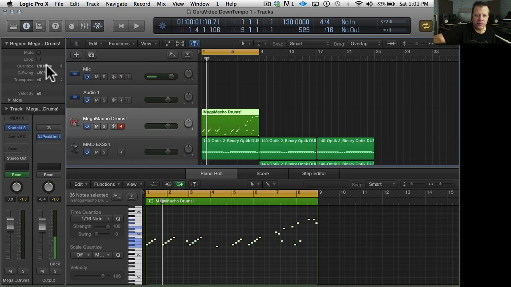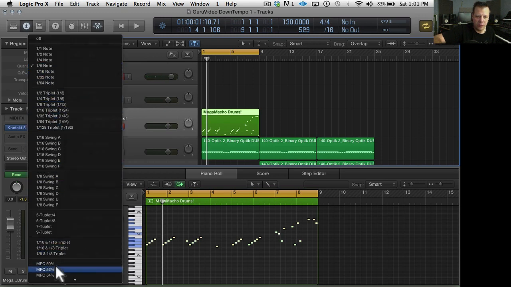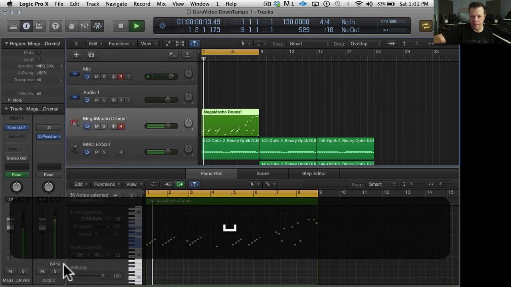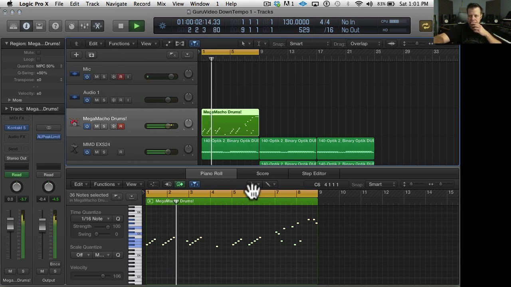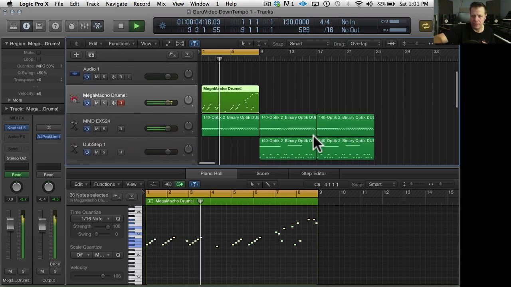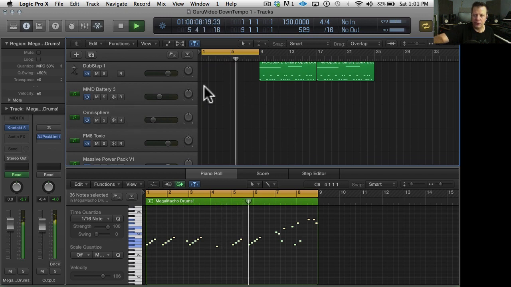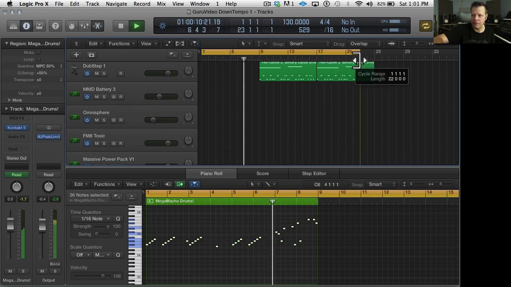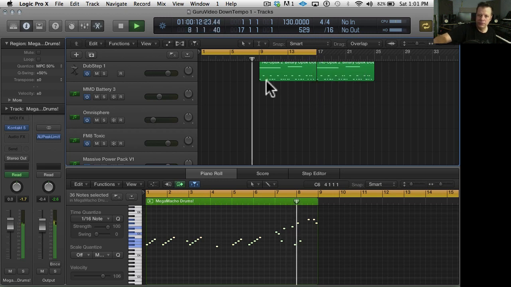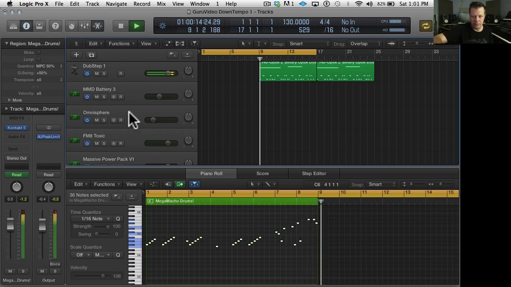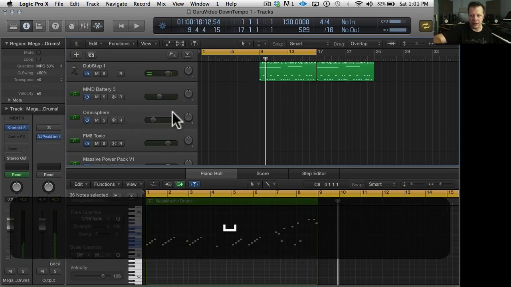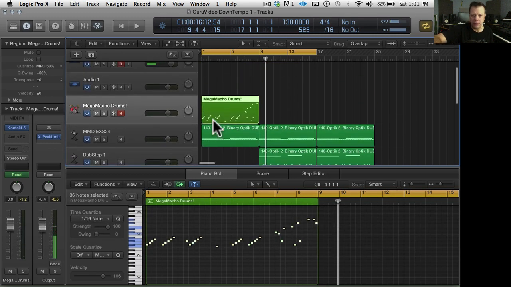Quantize this to 16th notes. Maybe we'll use my MPC 60 grooves. Okay, so I should keep that boom, boom going on, right?